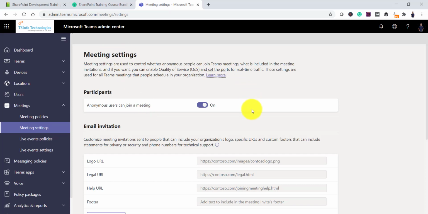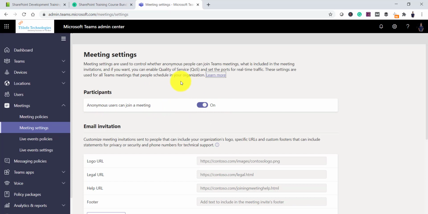Now Microsoft provides that option that at an organization level, you can also disable that option. So if this option is off here, then you cannot invite anonymous users to your meetings. So make sure if you do not see this option, or if you find that it is not allowing you, then there's a chance that it has been disabled from your enterprise or from your organization. So this is the option where you can enable it.